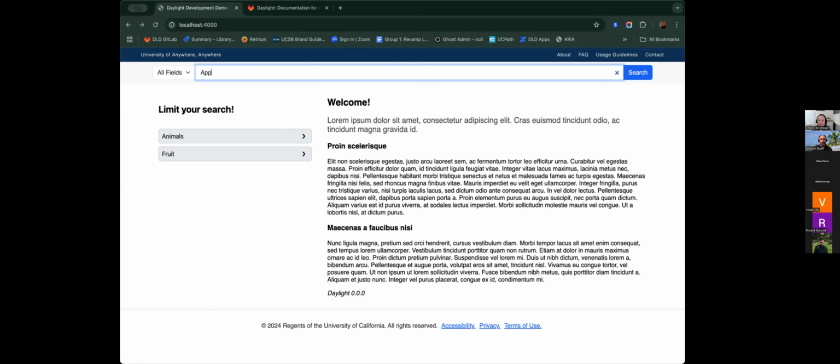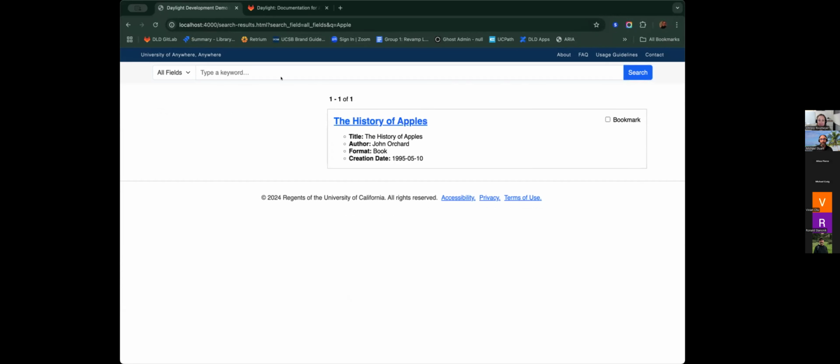So I can do a search. And this search will come back with the matching results. I currently have 11 test items that I'm working with. I can also define a format and just bring back a list that has the matching term and drop-down field, in that case, format. The other thing that I have baked in is some functionality that both campuses have in